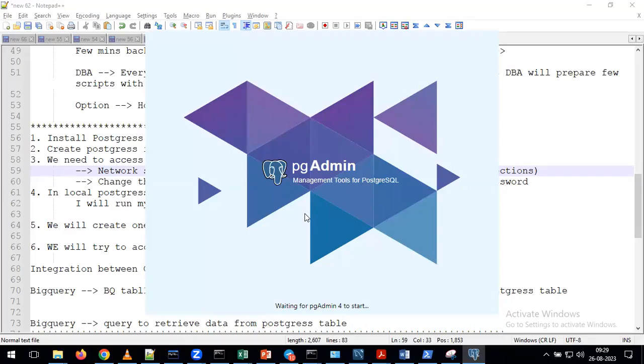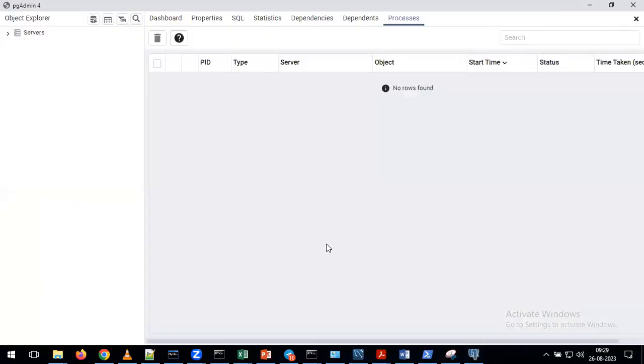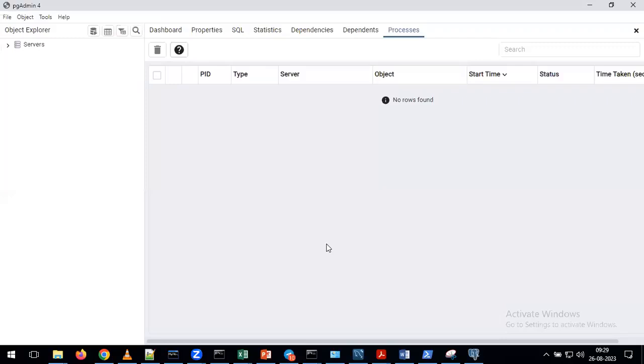Sir, if we are accessing Postgres tables through BigQuery, these tables should be external tables, right? Can you repeat the question? You are asking about an external table? Yes. But are we creating any tables in BigQuery? We are not creating any tables in BigQuery. We are accessing the tables from Postgres. Indirectly, in BigQuery we are not storing any data. With the help of BigQuery, I am directly accessing the tables from Postgres.